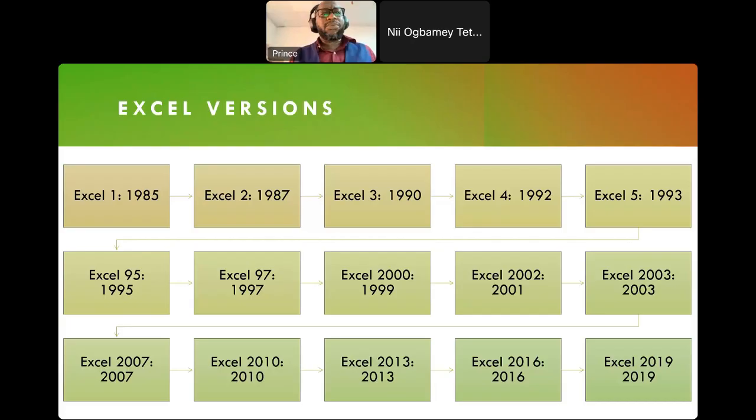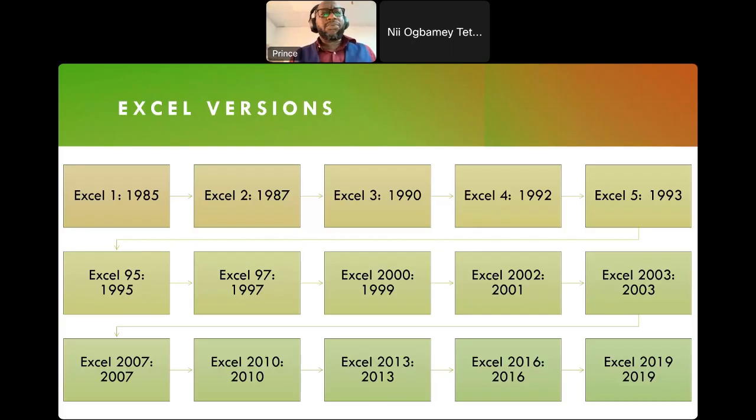Later on, it was put in a package, which is the Microsoft Office suite, with Word, PowerPoint, and all of those things together. And the most recent version is 2019. There have been 20, 21, 22, but basically they are all concentrating on developing a cloud version. So along the line, past 2010, there was this cloud version called Office 365, then Microsoft 365, the Office Pro Plus, which all contain Excel and all of that.